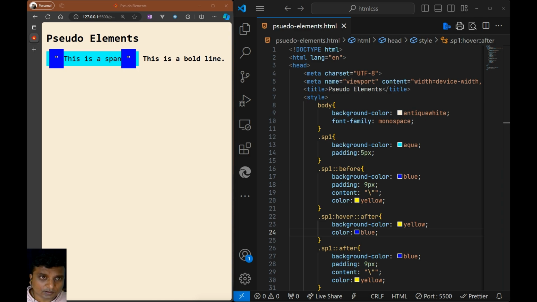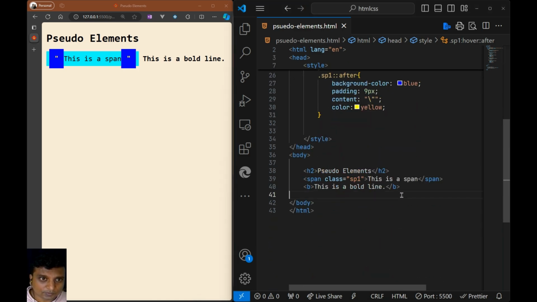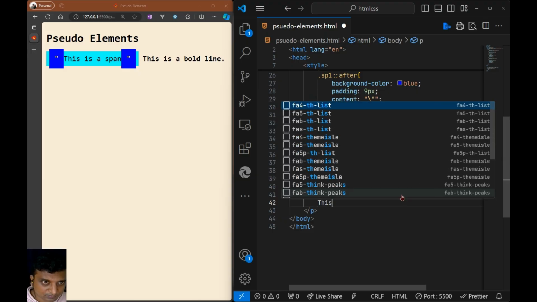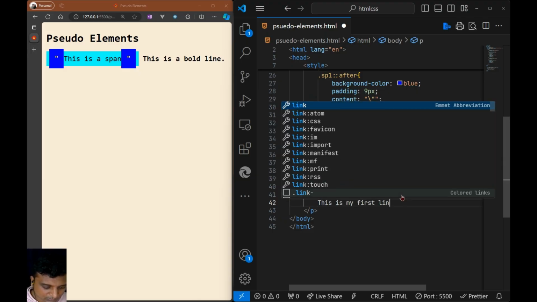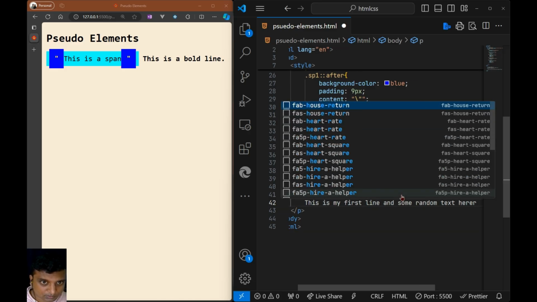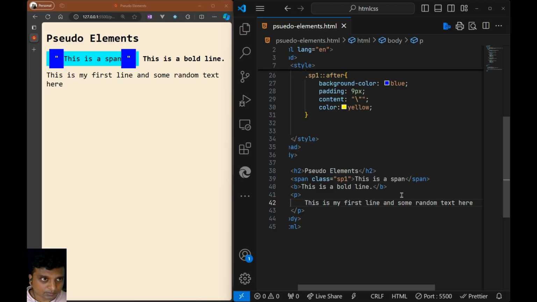Now in pseudo elements, we also have better options to play around with. For example, let's say a paragraph. Now I take a paragraph. This is my first line and some random text here. Right. Now I can apply a lot of